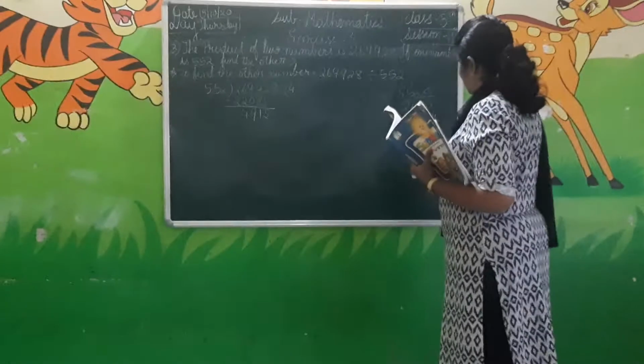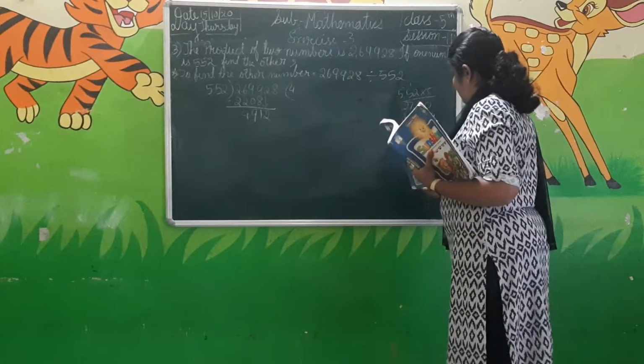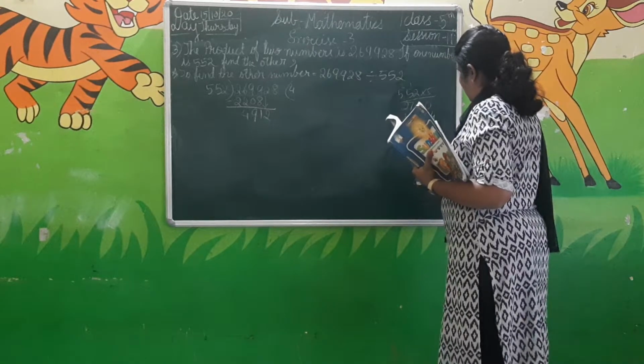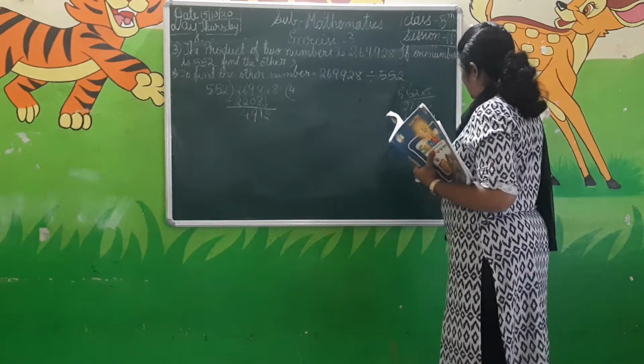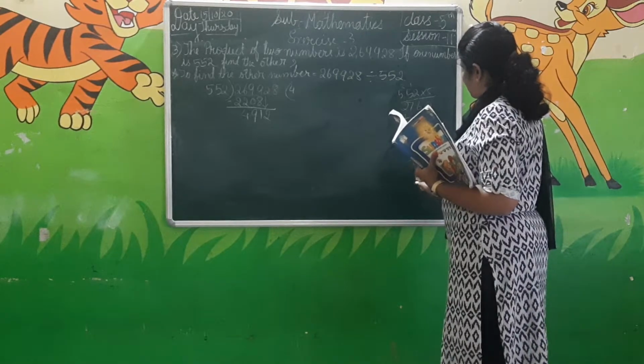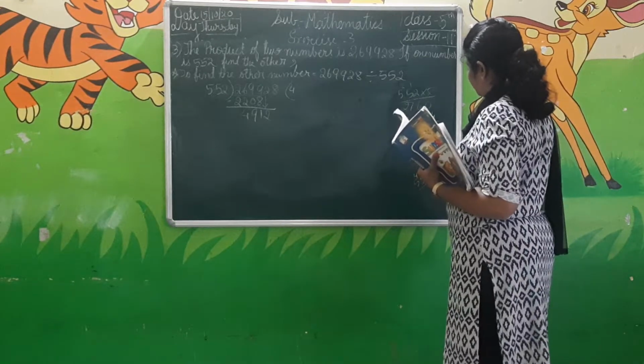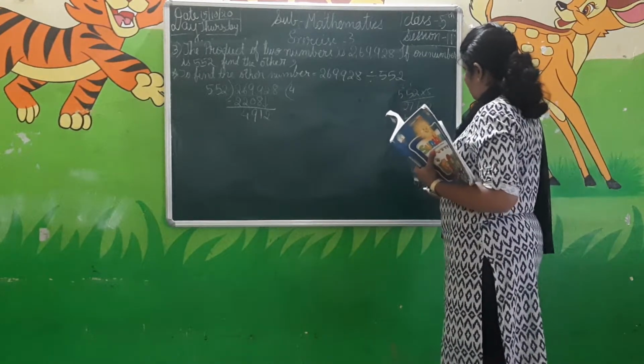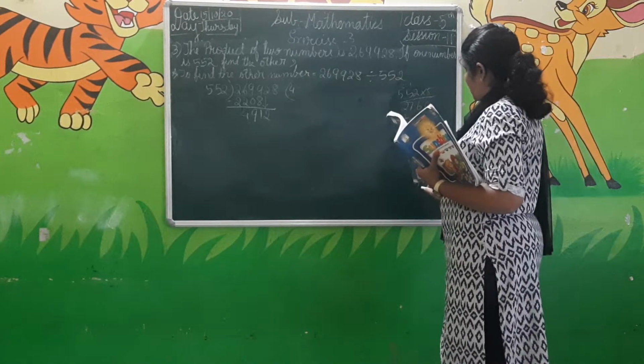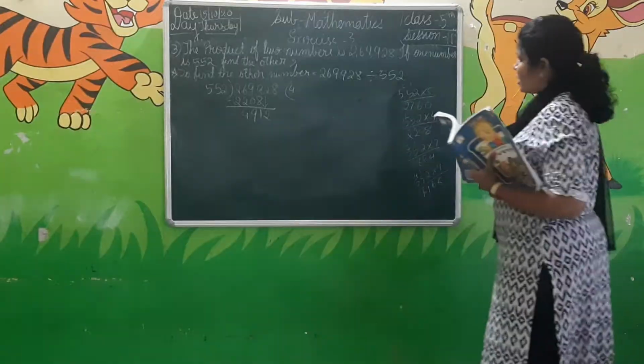552 into 7. 7 2s are 14, 7 5s are 35, 35 plus 1 is 36, 7 5s are 35, 35 plus 3 is 38. So you can skip another number and go for the 9 now. 552 into 9. 9 2s are 18, 9 5s are 45, 45 plus 1 is 46. 9 5s are 45, 45 plus 4 is 49. So you can't take this one because it is more than the answer. 4968 we got, but there is a 4912. So you go for the